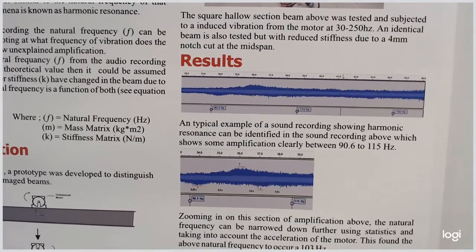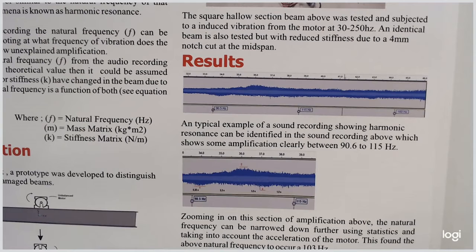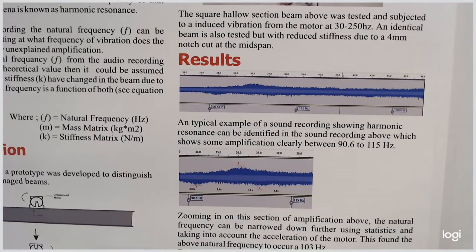What you might notice with that clip is the unexplained amplification at around 100 Hz. Even though we continue to double the speed of the motor from here, which in turn will create more force on the beam and more displacement, which should result in higher amplitude, it takes some time before it gets to the same level as you've seen at 100 Hz. This in turn tells us harmonic resonance probably did occur around 100 Hz. This is further backed by the numerical calculations, which calculated the natural frequency for the first mode to occur at